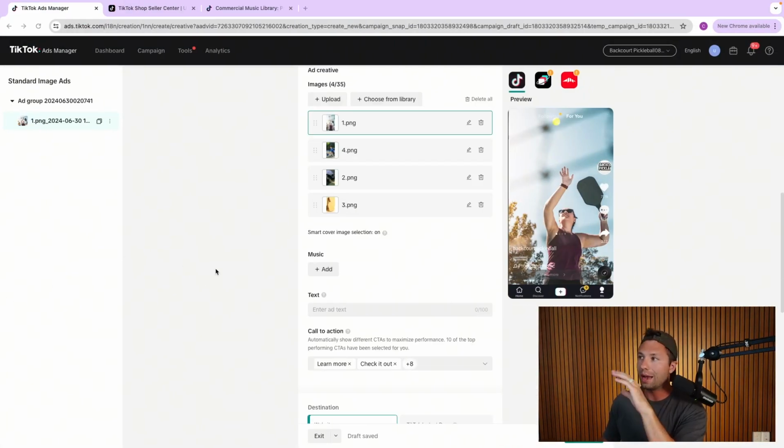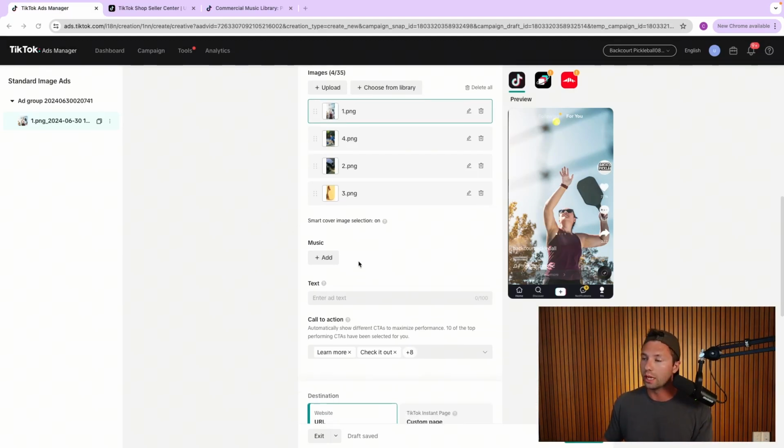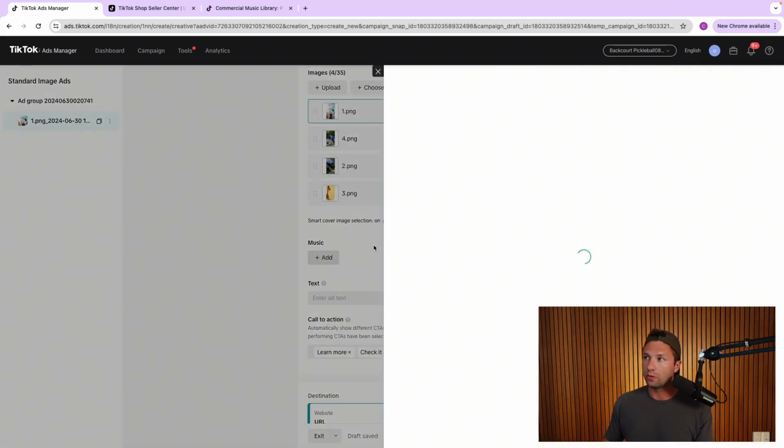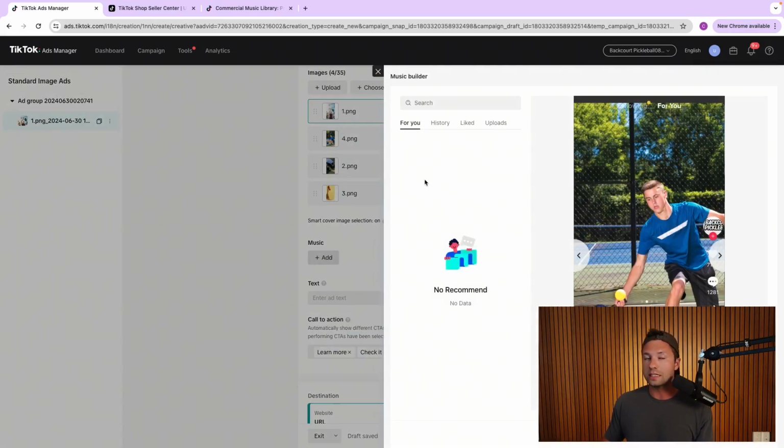So once you are happy with your images, as I mentioned, it is a requirement to run music on the images, and it does improve performance, so I highly recommend doing it. In order to add music, you just come over here and click add. Now, it may be a little intimidating to first choose music, and if you aren't sure which ones you can use,